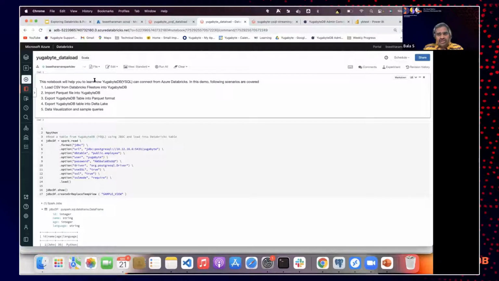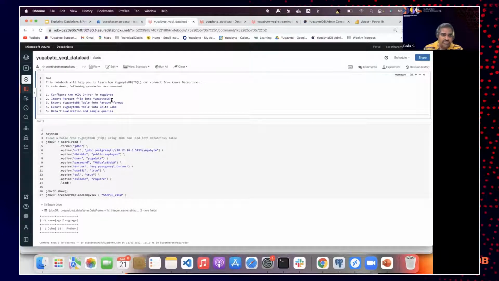When I say YSQL, it's not alone. YSQL compatibility is supported by Databricks. It also takes care of YSQL. I'm going to show it in the next demo. YSQL is mainly for our NewSQL kind of workload or a Cassandra-based workload. People will be using it for semi-relational or non-relational kind of data. So if you are bringing any sort of non-relational data where you want to quickly bring it to YSQL, where